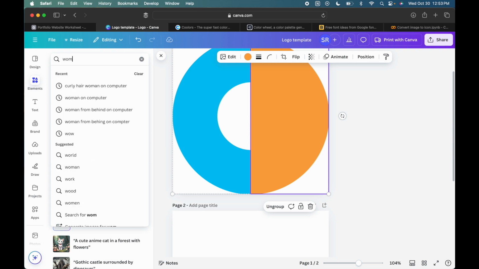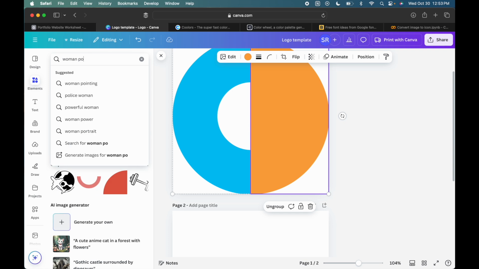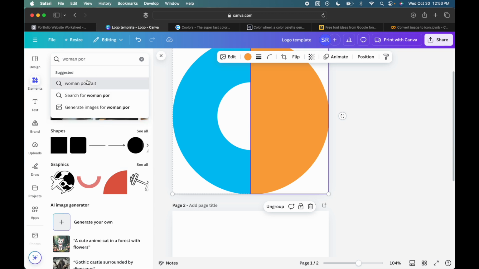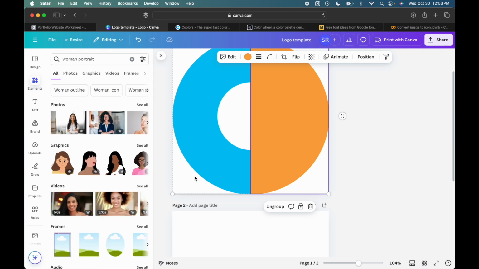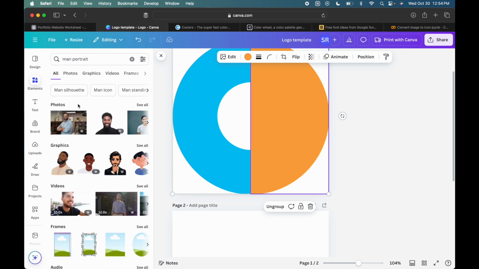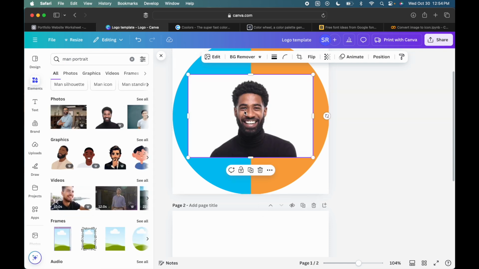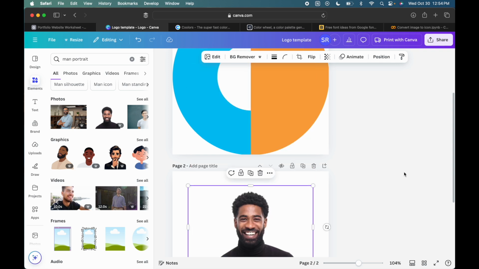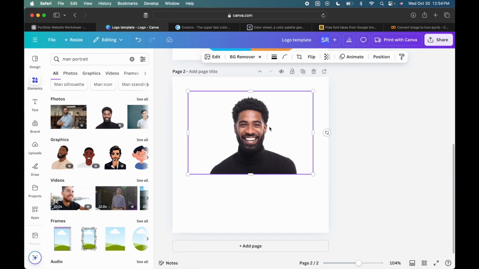Let's look for woman portrait. Sorry if I didn't find this immediately. Let's do man portrait. Here we go, here's a good one. Let's drag that down here. Okay, so say this guy here